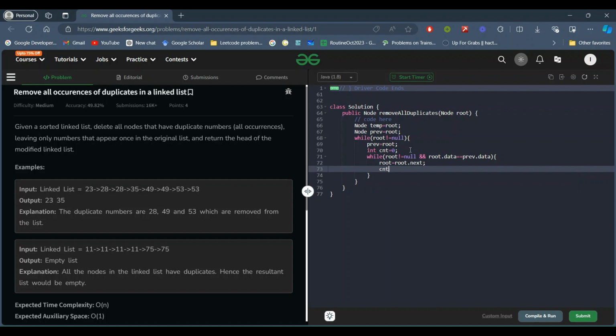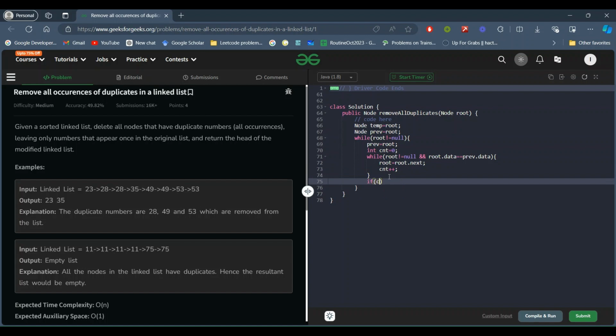At the same time, we are going to count how many times the repetition occurs, because if I am starting from the current node, it will traverse till the nodes which are equal, and it is going to count all the values. So it has taken care of how many times it gets repeated.